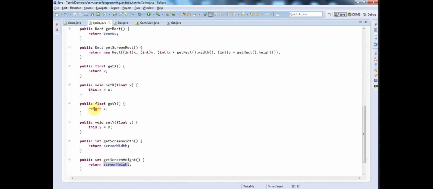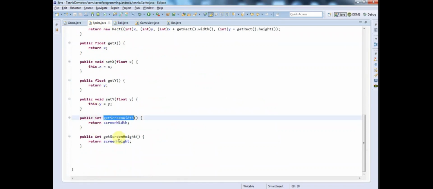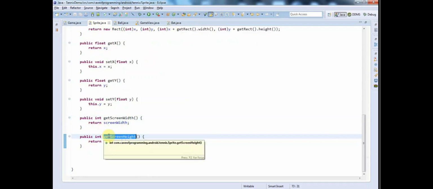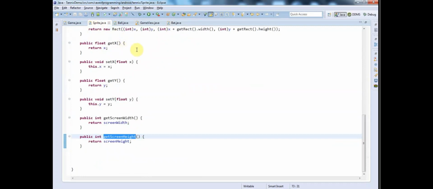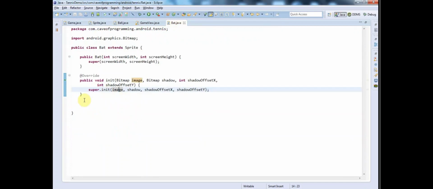I'm just going to go down here. Yeah, we've got get screen width and get screen height. Perhaps I added those in a previous tutorial, I can't remember, but I might have just added them an hour ago outside this video. I don't know. But anyway, once you've got those, then in init you could say,